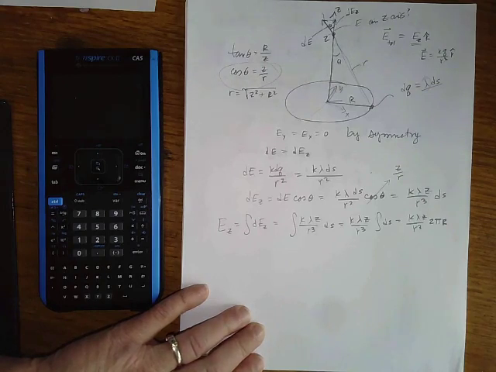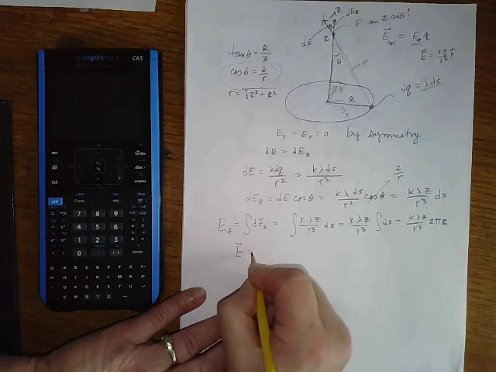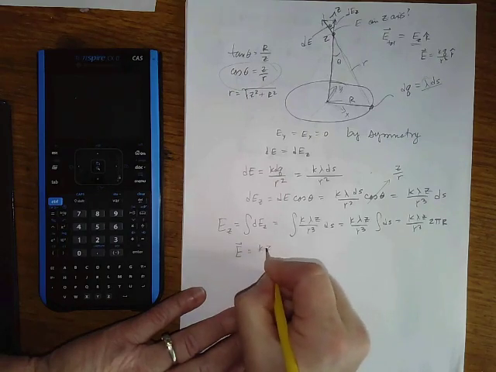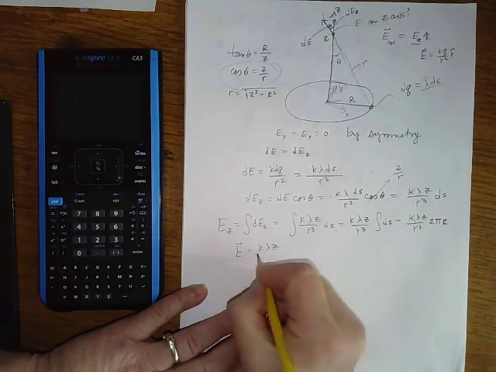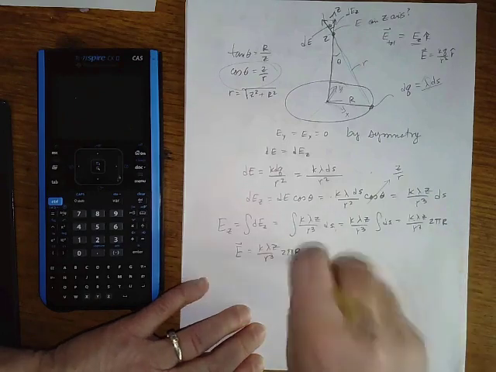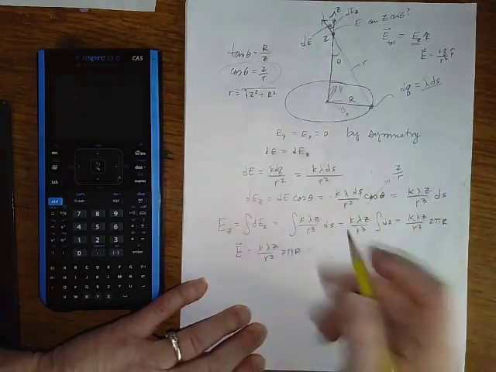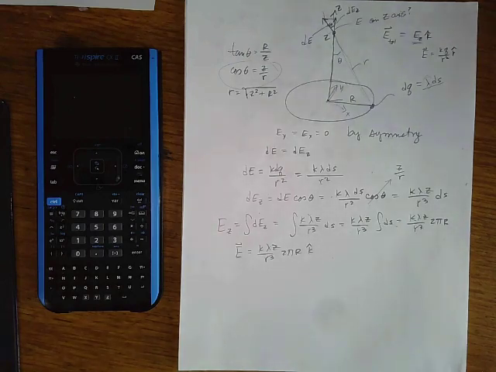Okay, and so E as a vector, then we can say, is k lambda z over r cubed, 2 pi r, k hat. All right, just to be a little more complete in terms of the